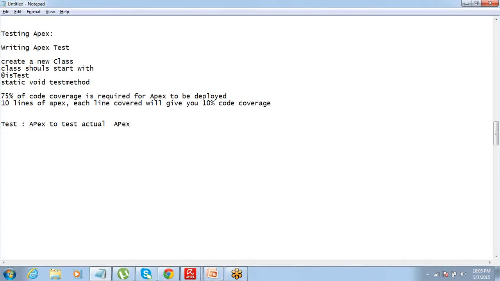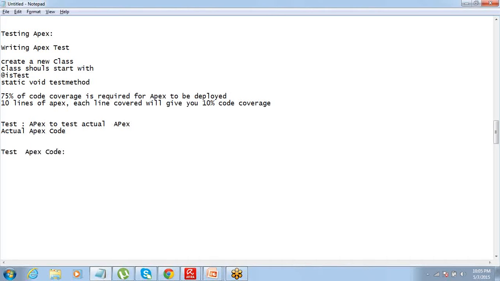All right. Now, what is the difference between your actual Apex code and test Apex code? So now you're seeing that okay, test is Apex for testing the Apex.